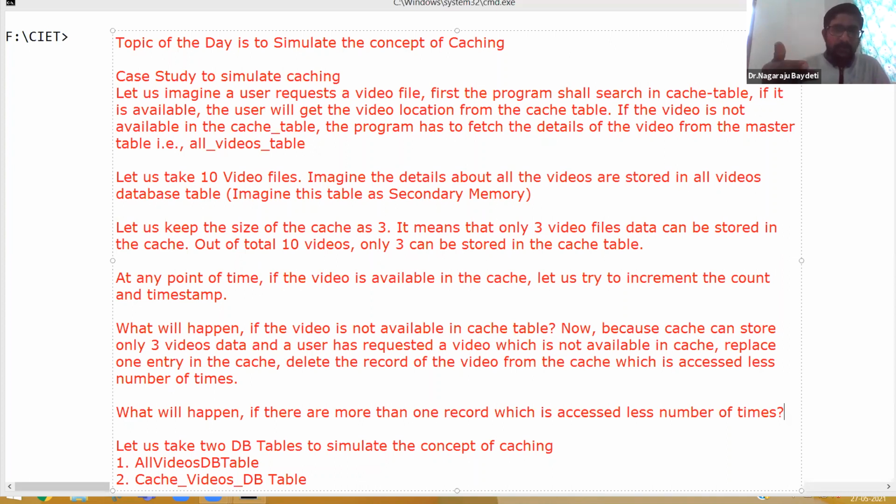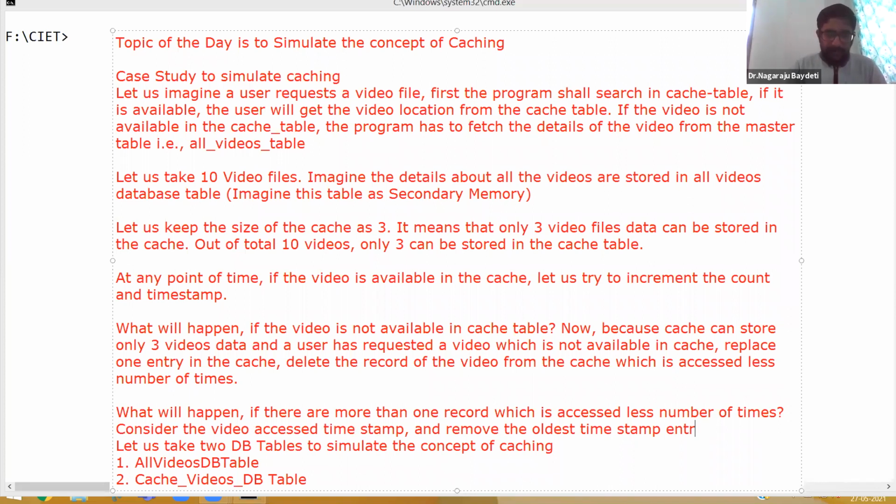If the count of the number of times the video is accessed has a tie, then what we can do is consider the video accessed timestamp, and remove the oldest timestamp entry.